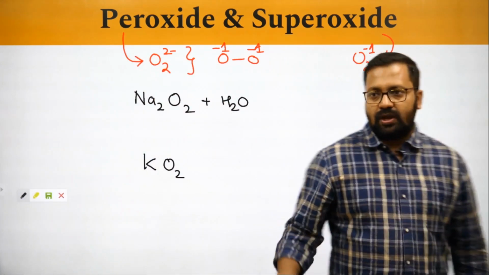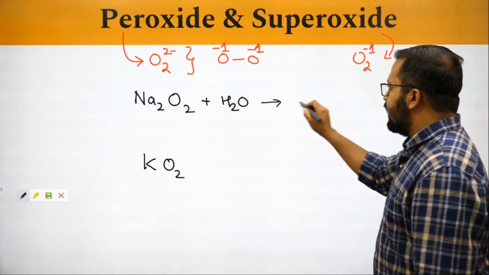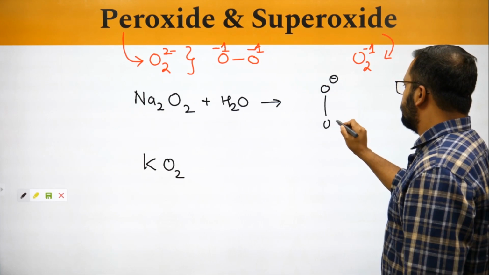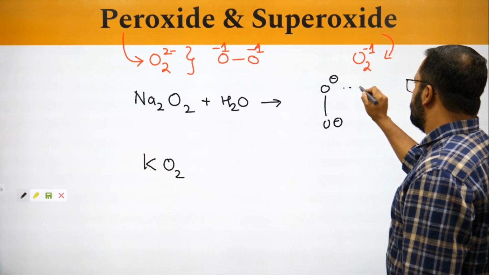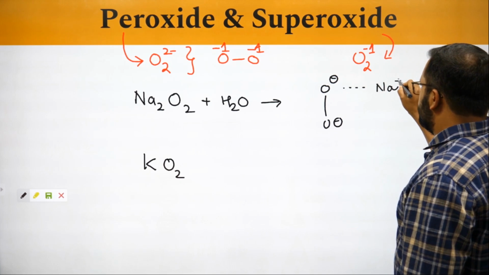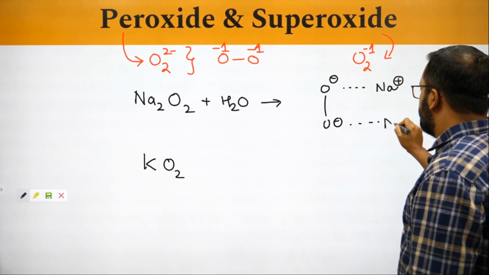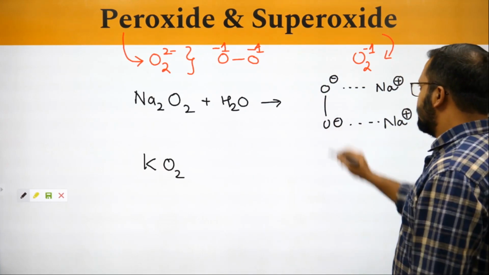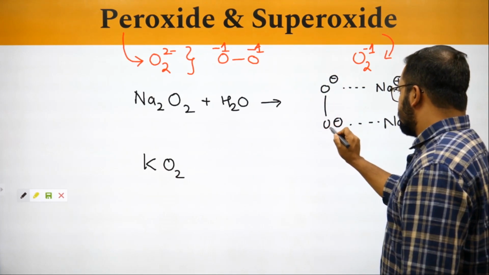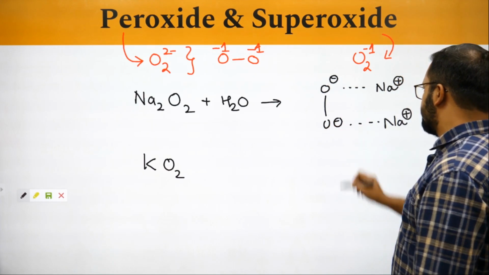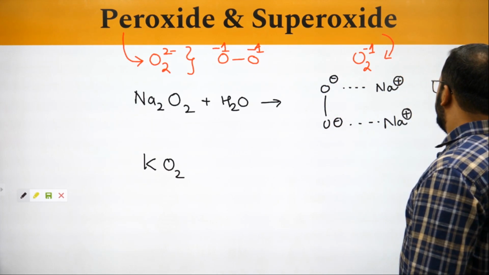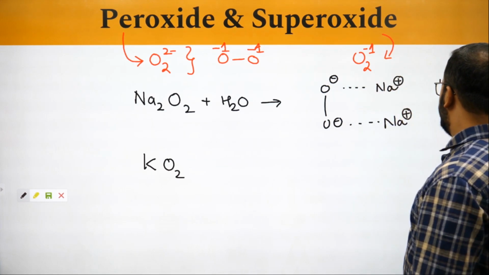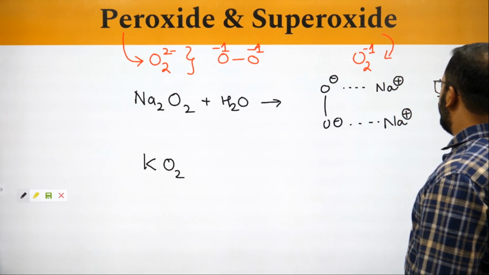I can write sodium peroxide as O minus, which is bonded to Na plus, bonded to Na plus. When it is added to water, then this O minus will try to bind with H plus, which is given by water, and Na plus will try to bind with OH minus, which is given